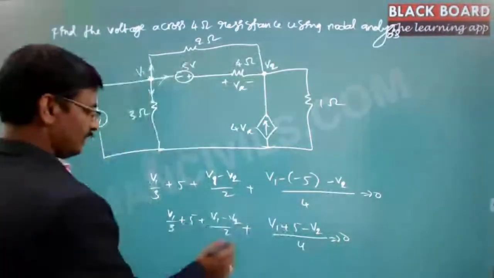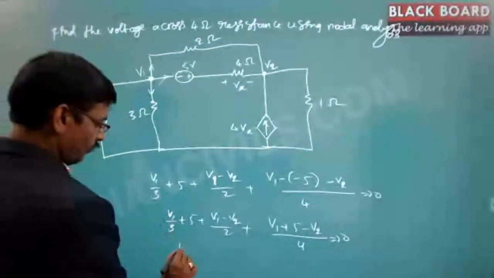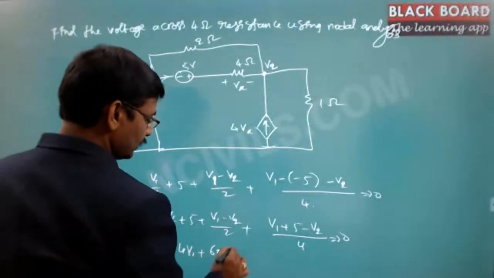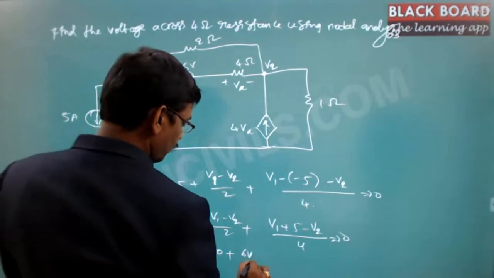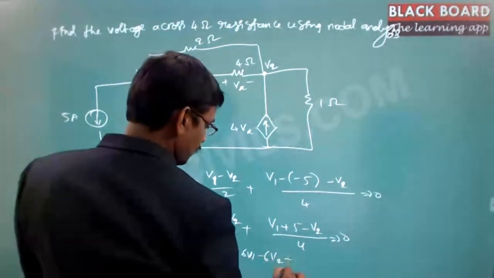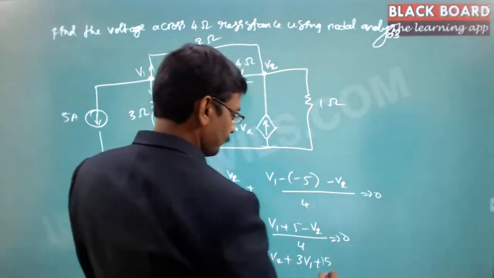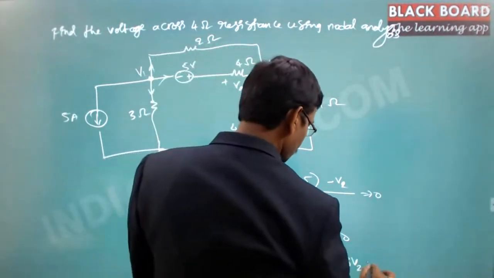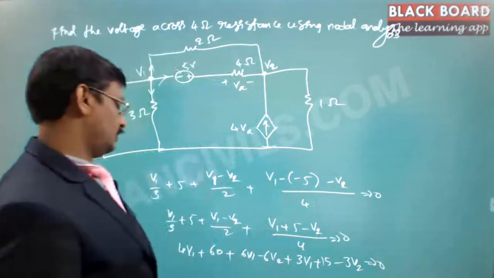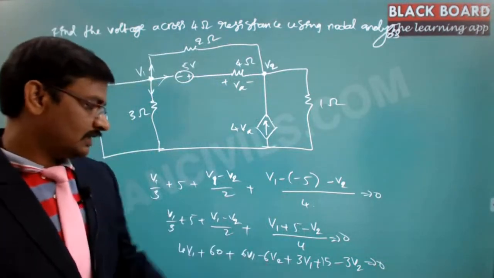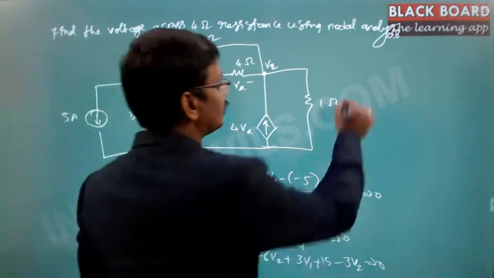So if you write the LCM 12, then this is 4V1 plus 60 plus 6V1 minus 6V2 plus 3V1 plus 15 minus 3V2 equal to 0. So this is the first equation. After the simplification, this is 4V1 plus 6V1 plus 3V1, so this is 13V1,